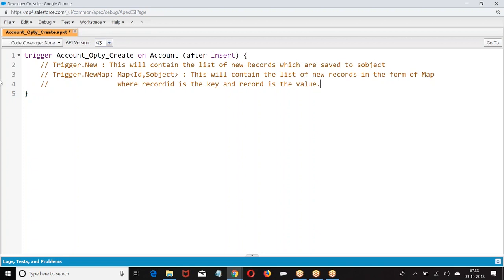Okay. Now what is our requirement? Take one by one new record which we inserted.